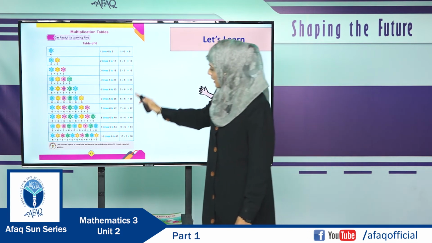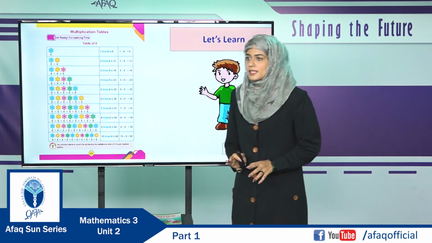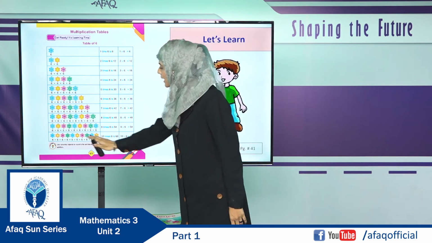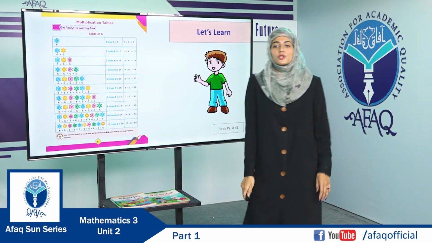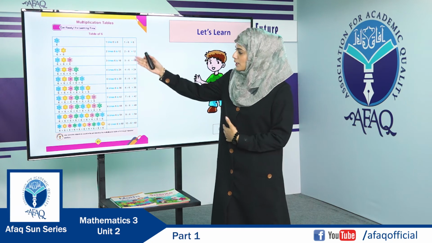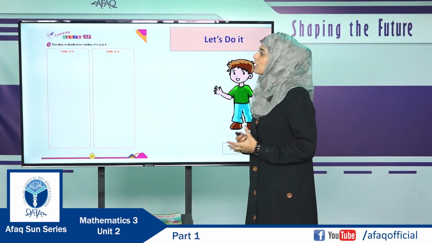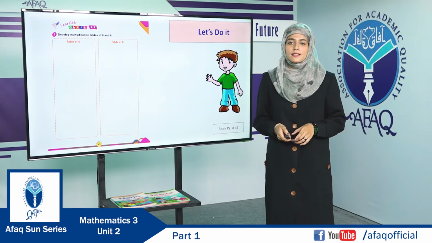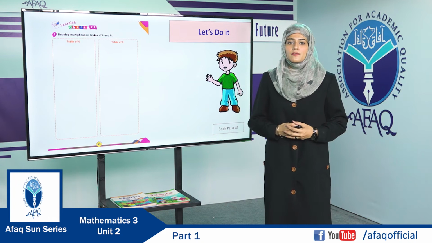And the last one is 10 times 6 is 60. The methodology is the same. When we add 6 ten times, the answer will be 60. So, you have to develop the table in the same methodology we discussed for the table of 6. On this page, you are going to develop the tables of 6 and 8 on the basis of the methodology we discussed in the previous lecture.